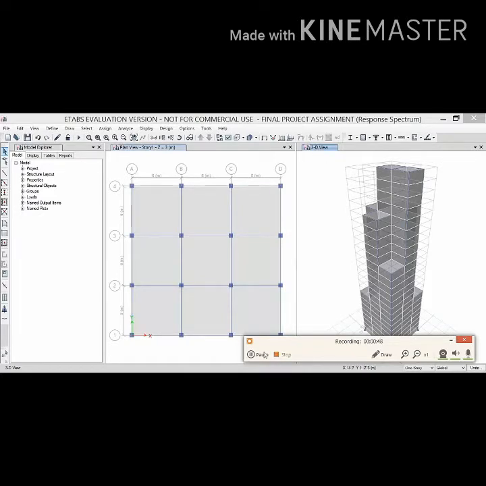So right now we will carry out the analysis of the seismic resistance structure using the response factor method, and after the response factor method, the time history analysis for the structure. In the same video I am showing you the analysis and the design of the seismic resistance building by the time history method.